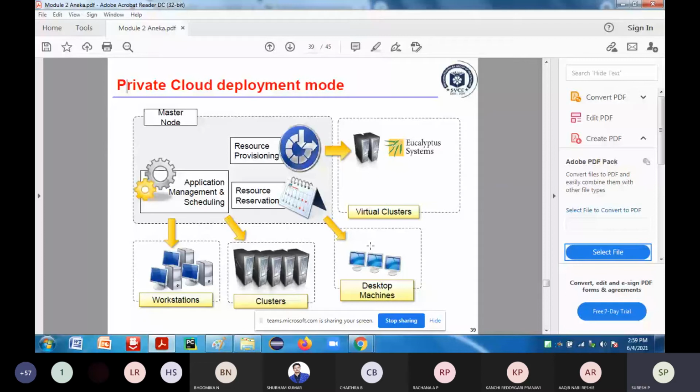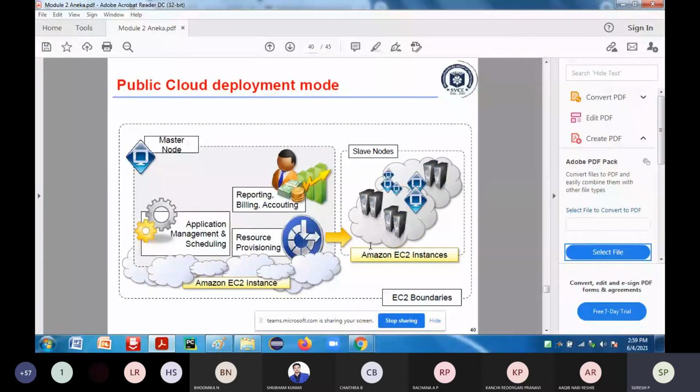In your home, you have your system, you have the service, and you are running the application which is required for you. The only thing is that the application deployment is in another cloud. The application will be residing in the other cloud. Now when it comes to the public cloud, public is nothing but what? When I don't have any resources, I will deploy that particular application or deployment platform in some other third-party services.